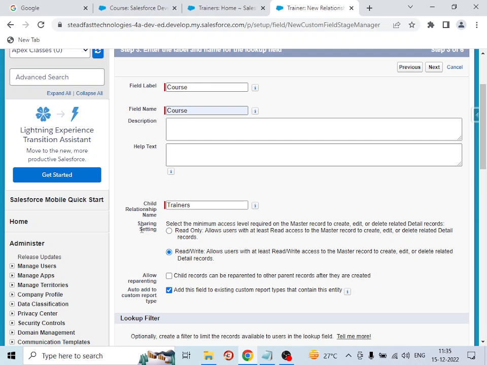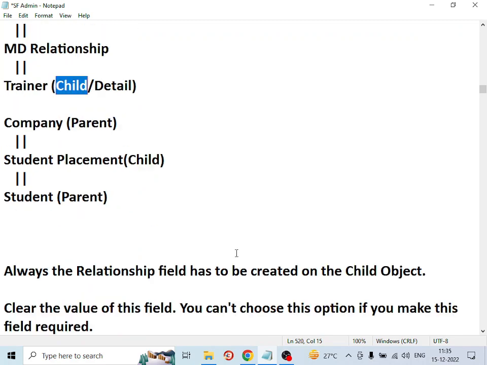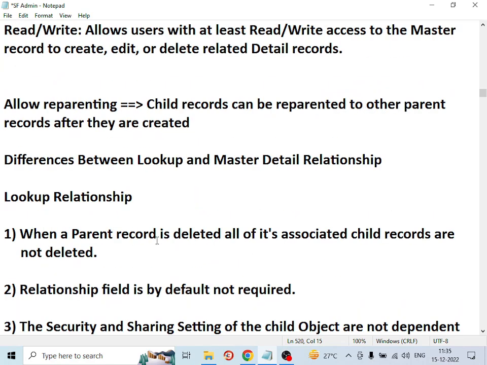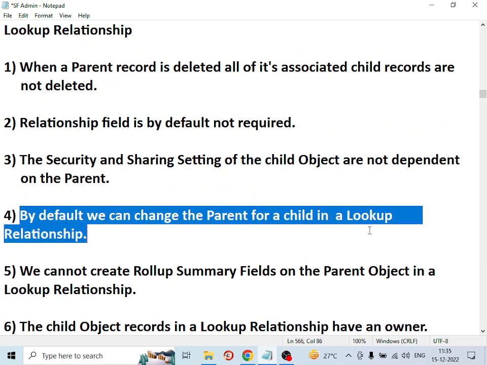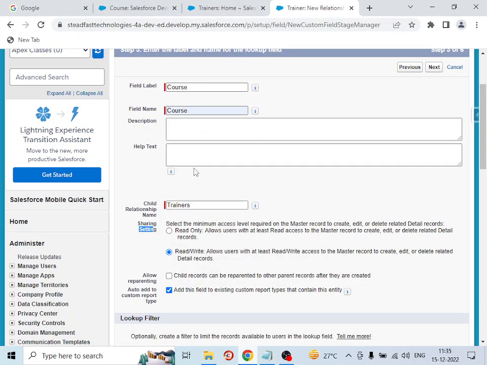Now leave aside the sharing setting for a moment. See here, there is an option called allow reparenting. Now in lookup relationship we understood one difference: by default we can change the parent for a child in lookup relationship. Now if you see here,